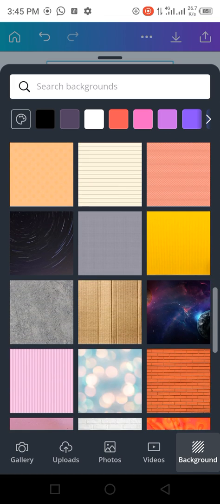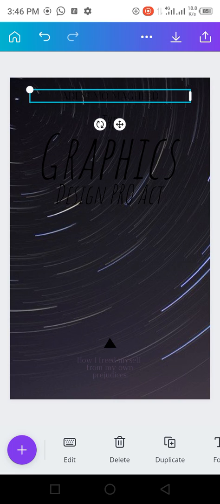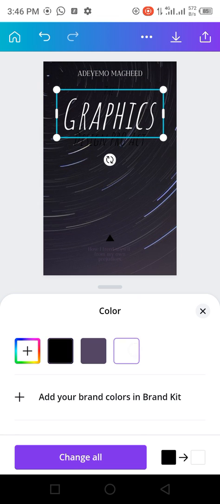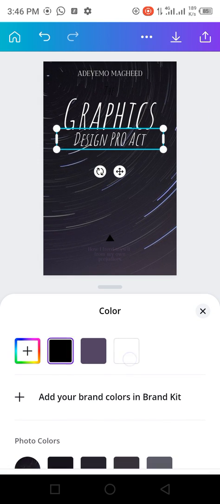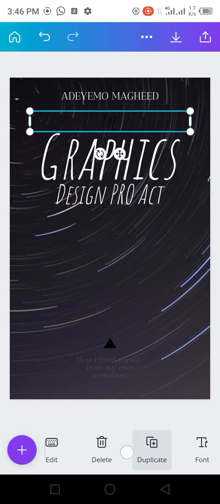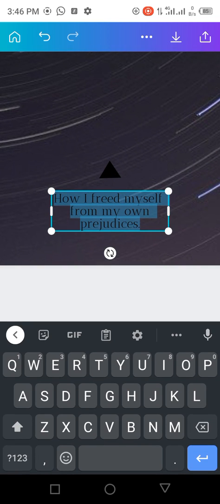So after choosing the background I preferred, I have to change the color of my text right there. So I'm going to change every text over there to white. I'm going to change, this is text size. So I'm going to change everything over there to white. Text color white. So here I'm editing the name to